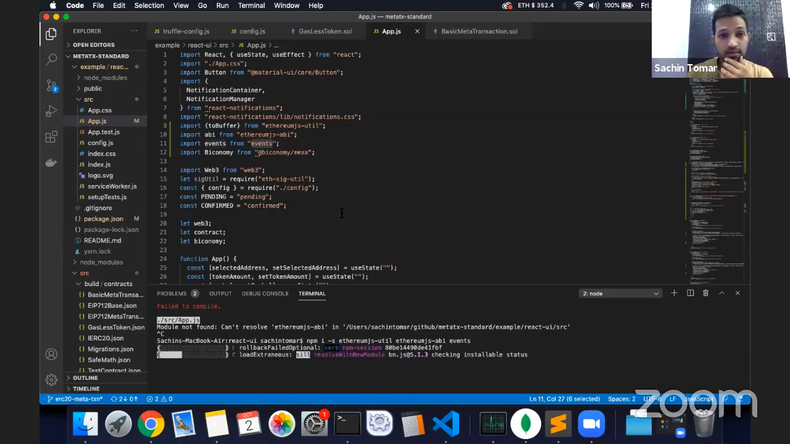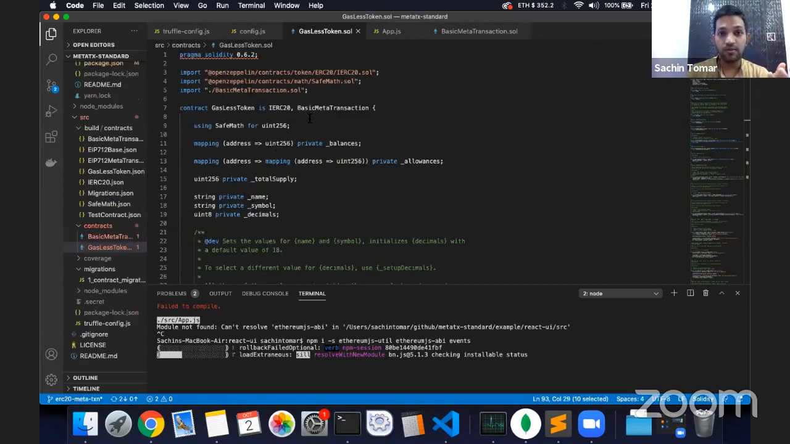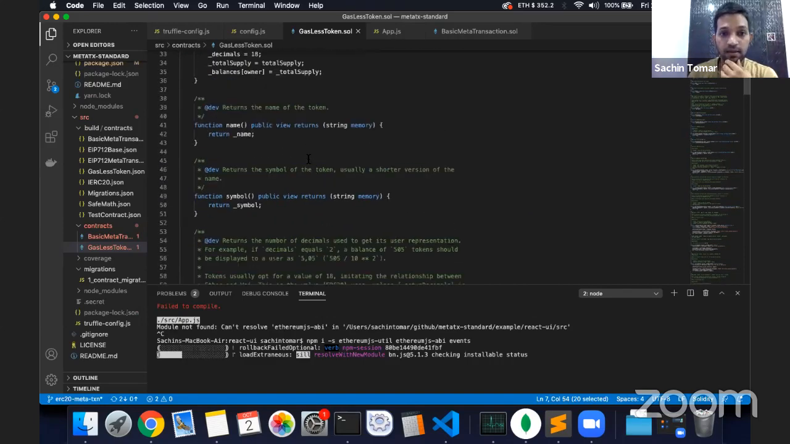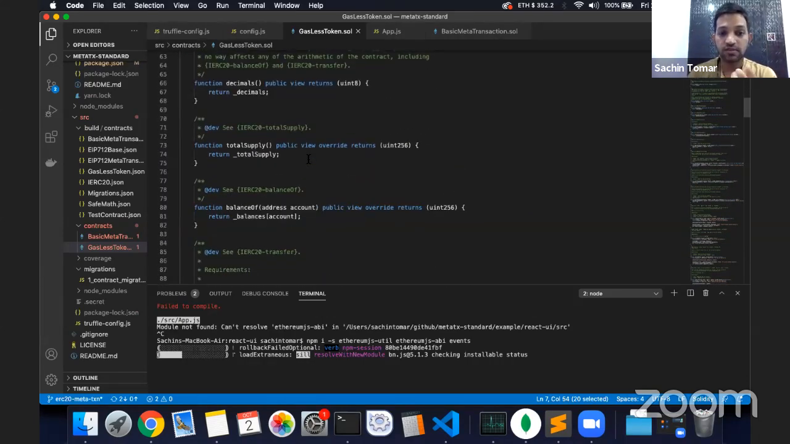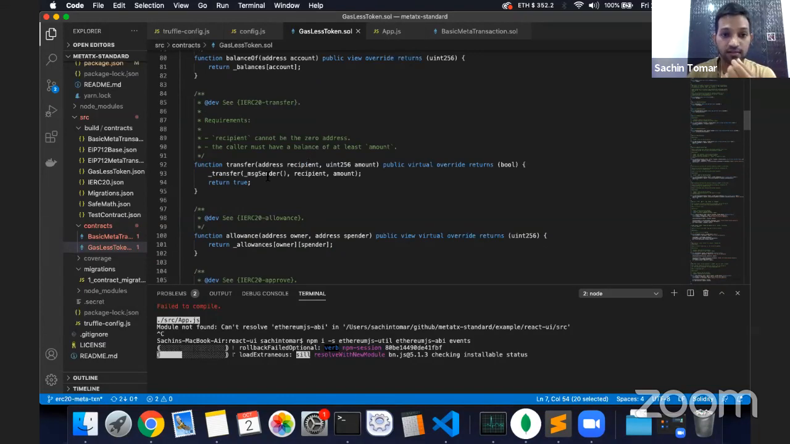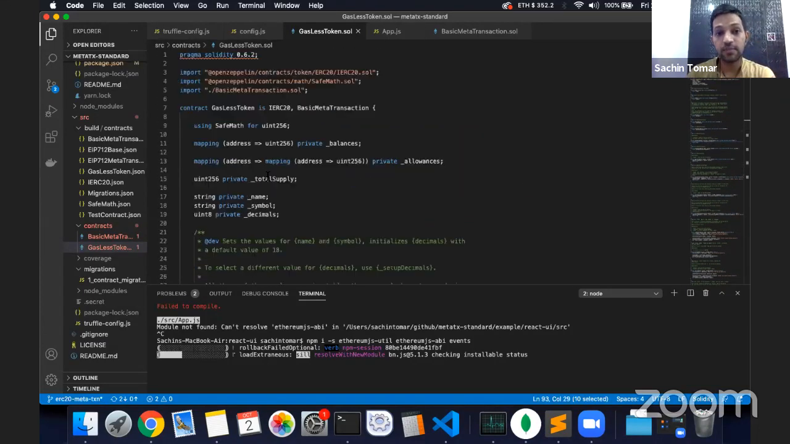So while this is being installed, let me recap what I have done so far. I had this token, and I enabled the native meta transaction capability in this smart contract by inheriting this base meta transaction, and by replacing the message.sender with this underscore message sender method, which is available inside this contract. And after that, what I did is